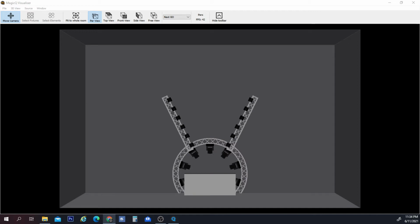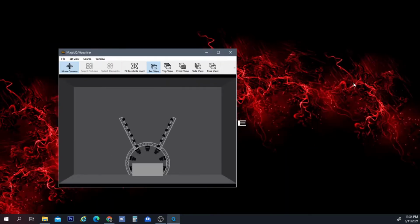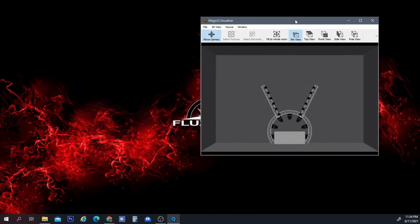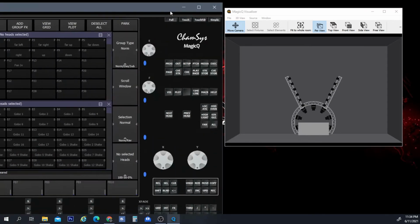Continue with this rig here. Let's pull up MagicQ. I'm going to shrink this a bit. So what we're actually going to do is